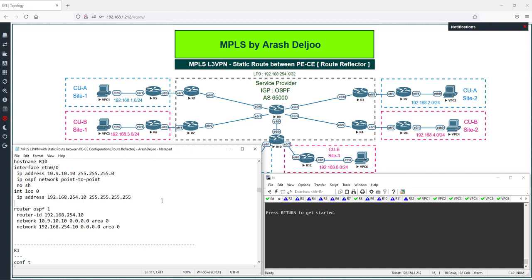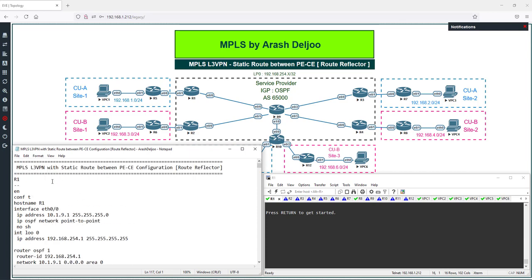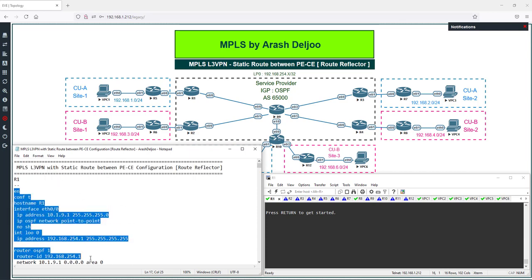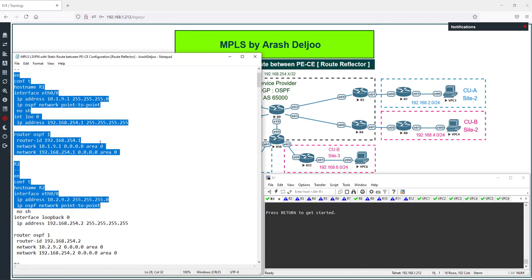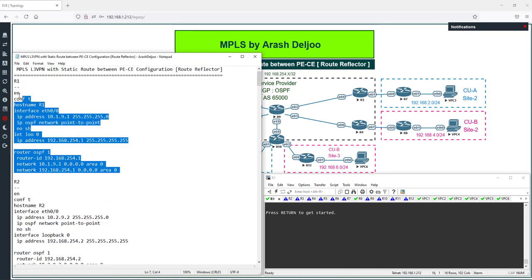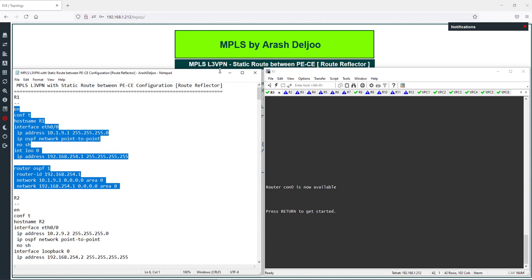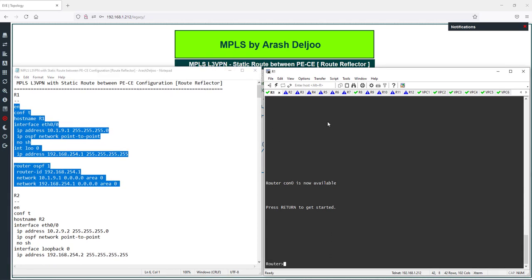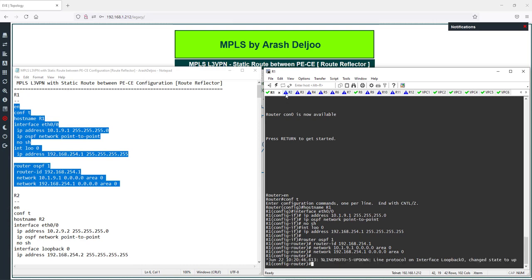This is the first part of the configuration, the IP addressing. Let me copy this configuration onto the CLI of the routers, starting from router 1, copying this configuration and pasting it on the CLI of router 1. You can also do this configuration with Notepad for easier viewing and easier configuration. Okay, R1, then copy. We didn't receive any message in any